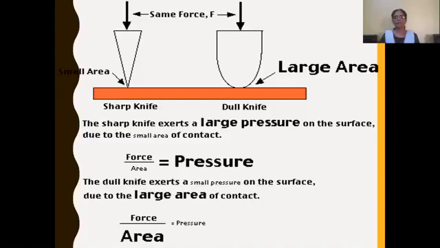On the other hand, if you take a blunt knife, the other side of the knife, and try to cut the vegetable, it has a very flat surface, which means the area is larger. So the force falling on that larger area exerts smaller pressure, so we cannot cut vegetables. So from this we can understand that the pressure exerted depends on the force and the area.